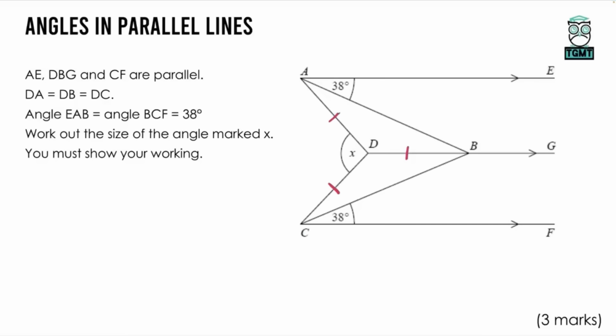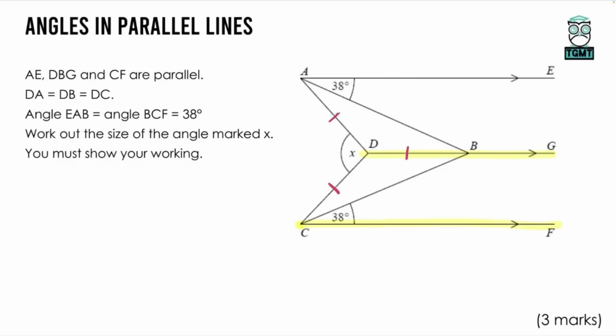And above and below this central line, they are identical. We know they're identical because we have that 38 above and below. But we want to have a look between two of the parallel lines to start with. We want to see if there's a connecting line that goes between the two, or we can find any alternate,